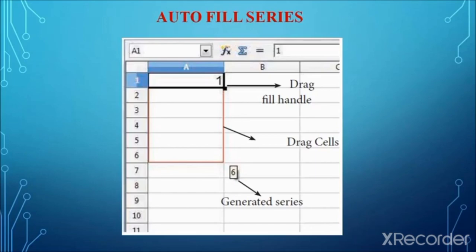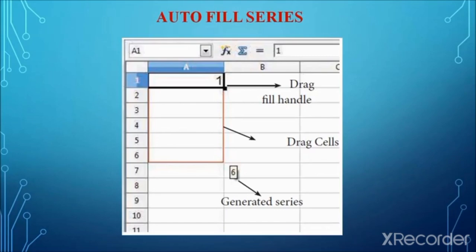In this autofill feature, first the content from one cell will be copied. Once you drag to the remaining cells, automatically the copied content will be pasted. So this is the concept. You can see the image.